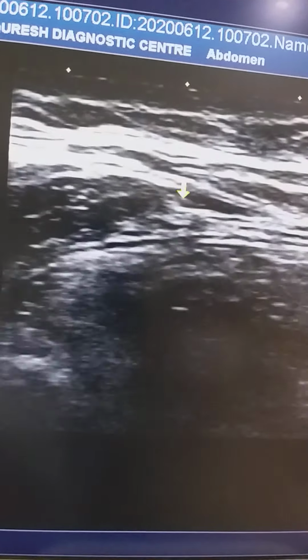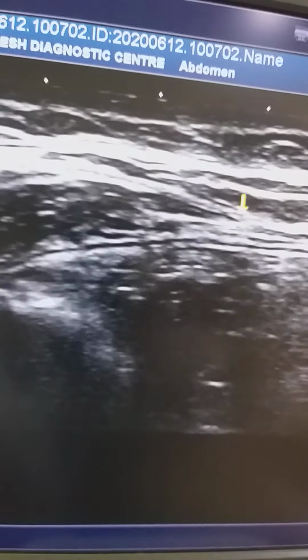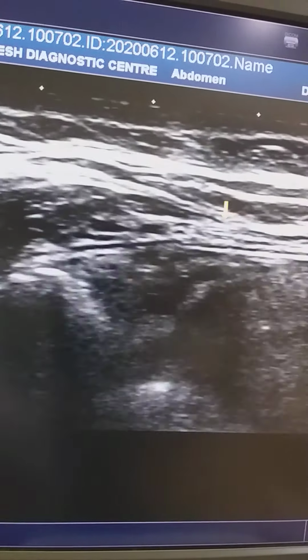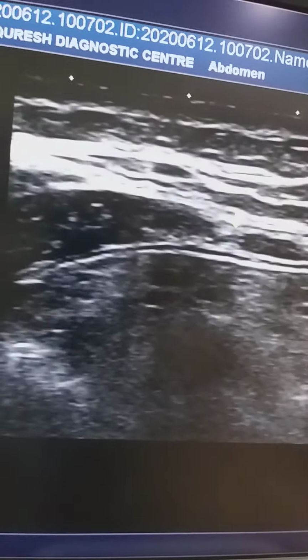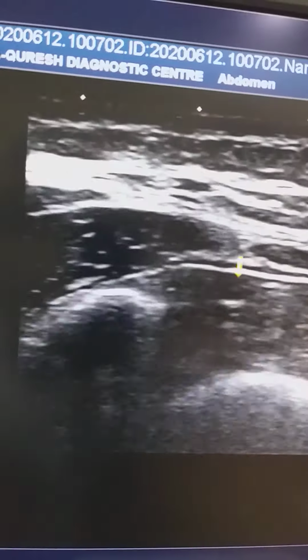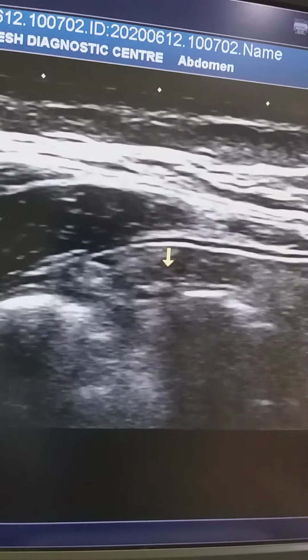So first we identify the inferior epigastric artery, and move laterally following the rectus abdominis muscle. When we just see the external oblique, the transition point or meeting point between the rectus and the oblique is the area called linea semilunaris. Here the Spigelian hernia can occur. So here we can ask the patient to take the Valsalva maneuver. What is the Valsalva maneuver? To increase the intra-abdominal pressure in any way. So ask to take a deep breath,